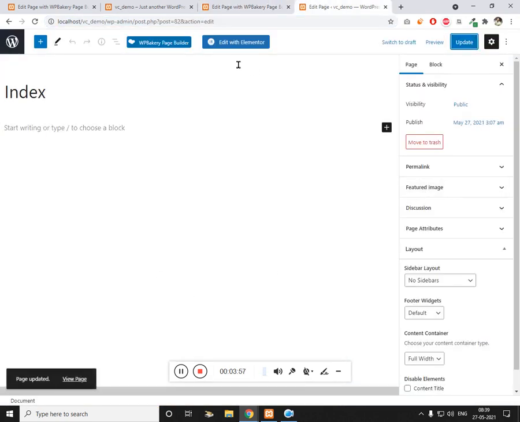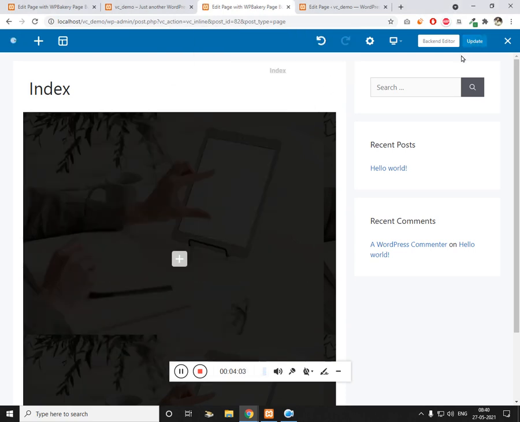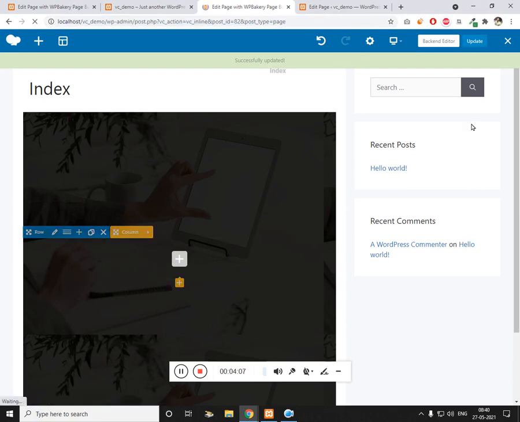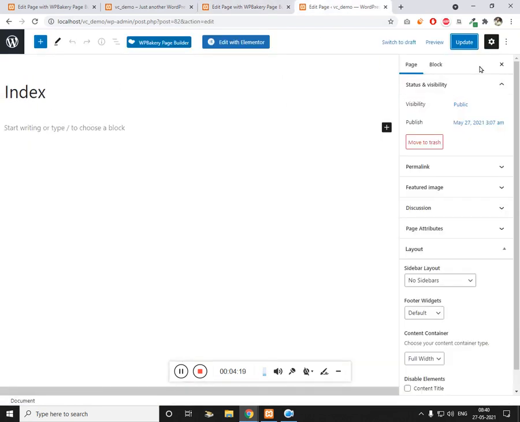Once the page gets updated, you can see now. So let me save this and just refresh it again to see the banner as full width. Now we got the full width. We have updated this as well. Now let's see how this looks. If you click on preview,